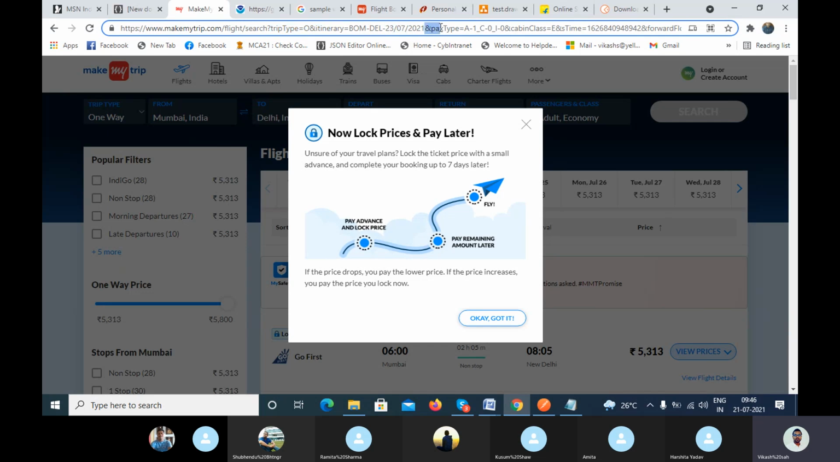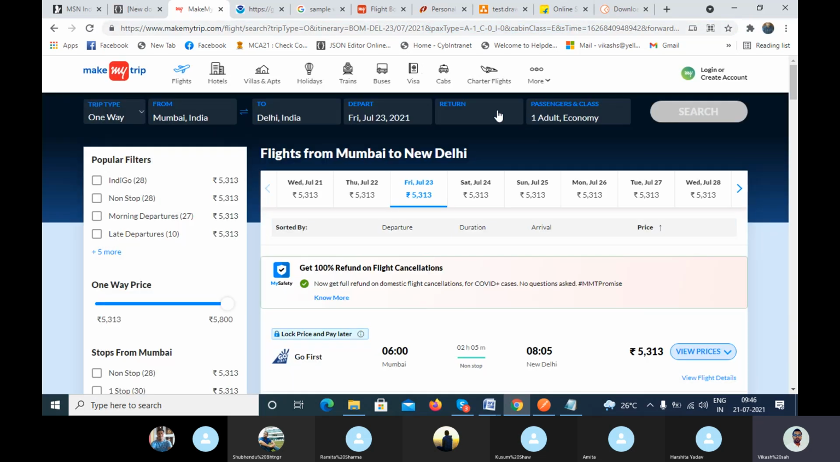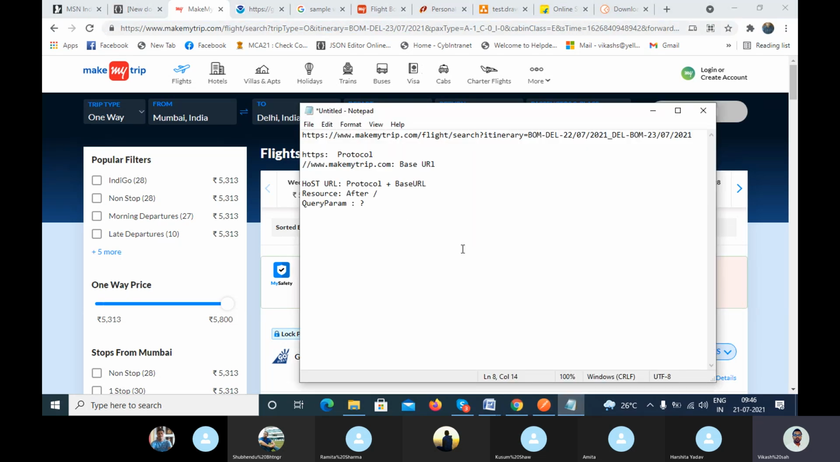Now you can't see the returning flight date, or the from and to, here. Can you see it here in the URL? No. So whatever query the user has, based on that query, it will show you the query parameter. Right now, if an interviewer asks you